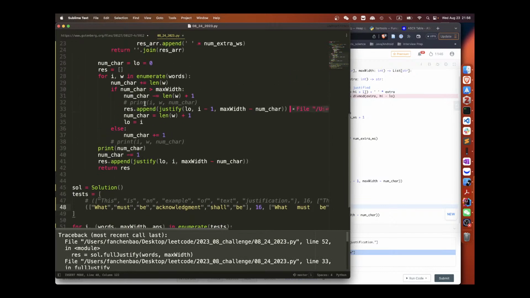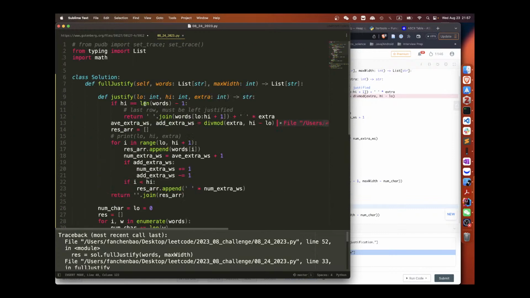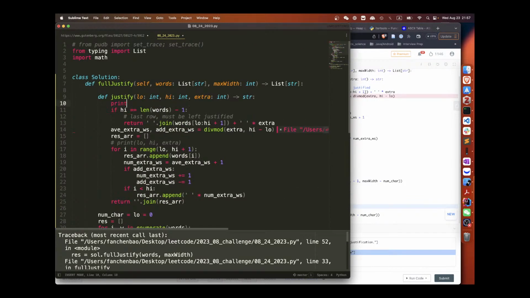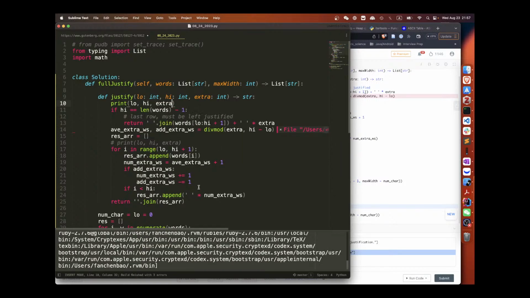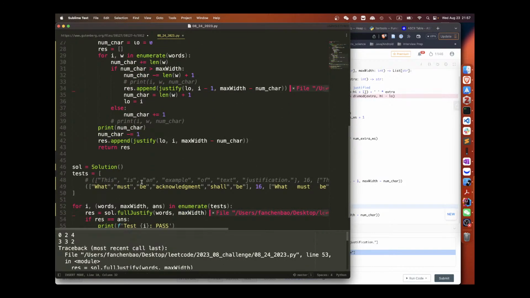Division. Madre mía. Zero, 2, 0, 1, 2, 0, 2.